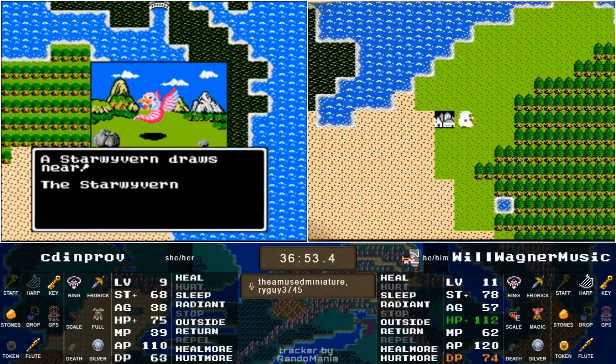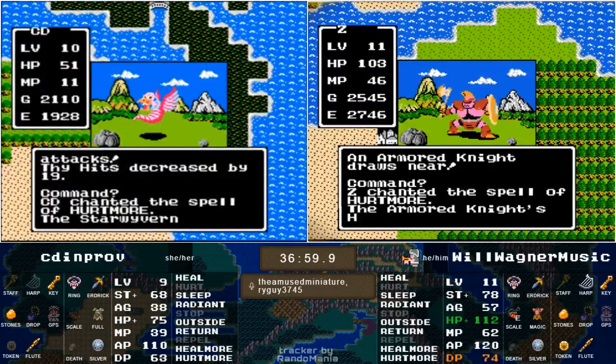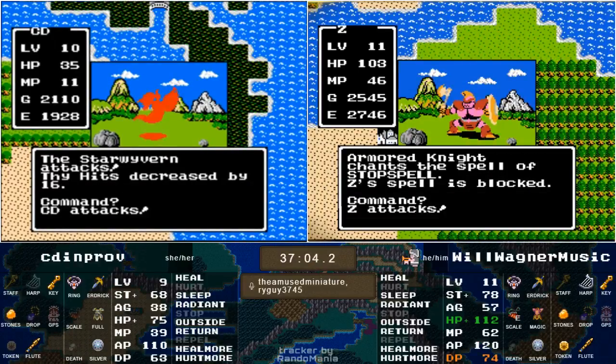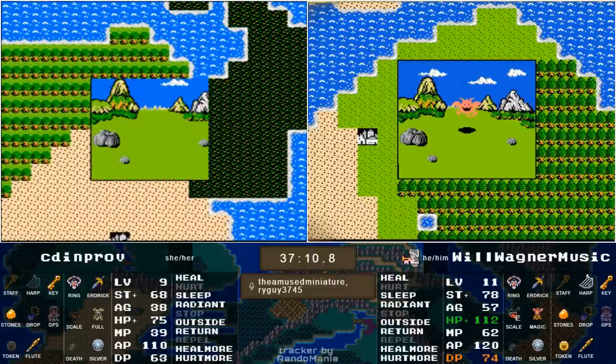Yeah, once you get the armor, that red dragon might be a really good place to go grind. I don't know, the desert outside Garanham was pretty good too, but that's a guaranteed 255 if you have the armor and the red dragon starts casting Stop Spell, with the armor's stop spell nullified, of course. I would say that grinding Armored Knights would be